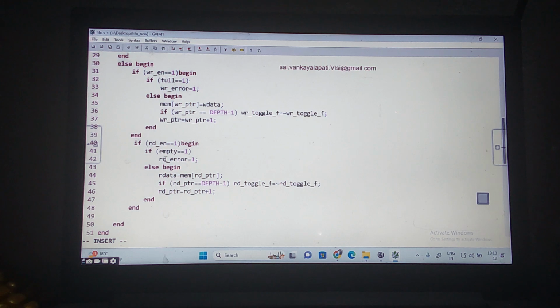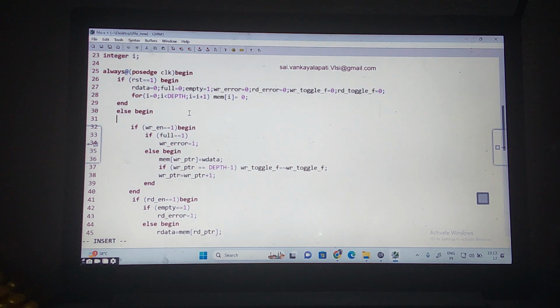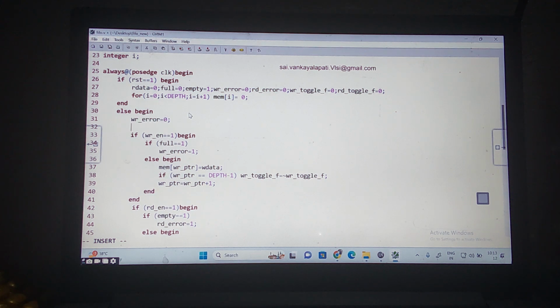Similarly, here I'm making read error equal to 1 or 0. So when I'm going to this else, here I'm using read error and write error. I'm going to make a write error. Initially I can set it equal to 0. I can write read_error is equal to 0. You can understand if this condition satisfies, error becomes 1. Okay. Now again coming to this one.